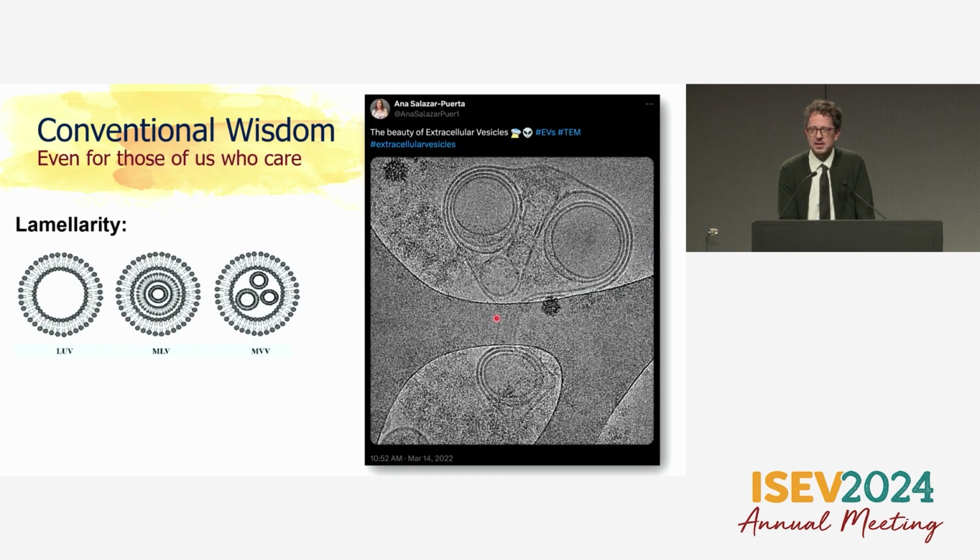The lamellarity is, again, pretty much ignored in most literature, I would say. It's treated almost as an artifact or something of interest when you do cryo-EM, and some people are even maybe blaming the different isolation methods for creating these structures. But as this evidence mounts, and this is an awesome cryo-EM I found on Twitter, or whatever it's called now, this looks like a clear evidence of alien EVs, ETs.